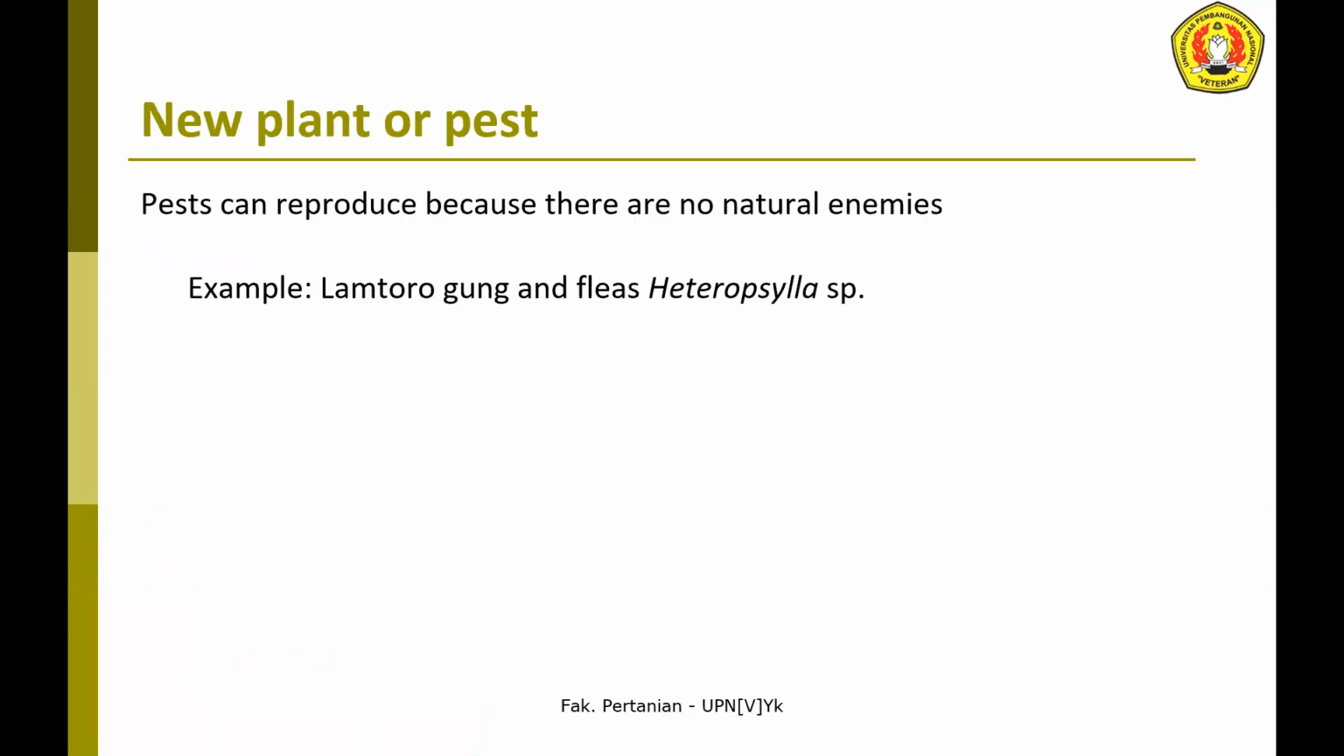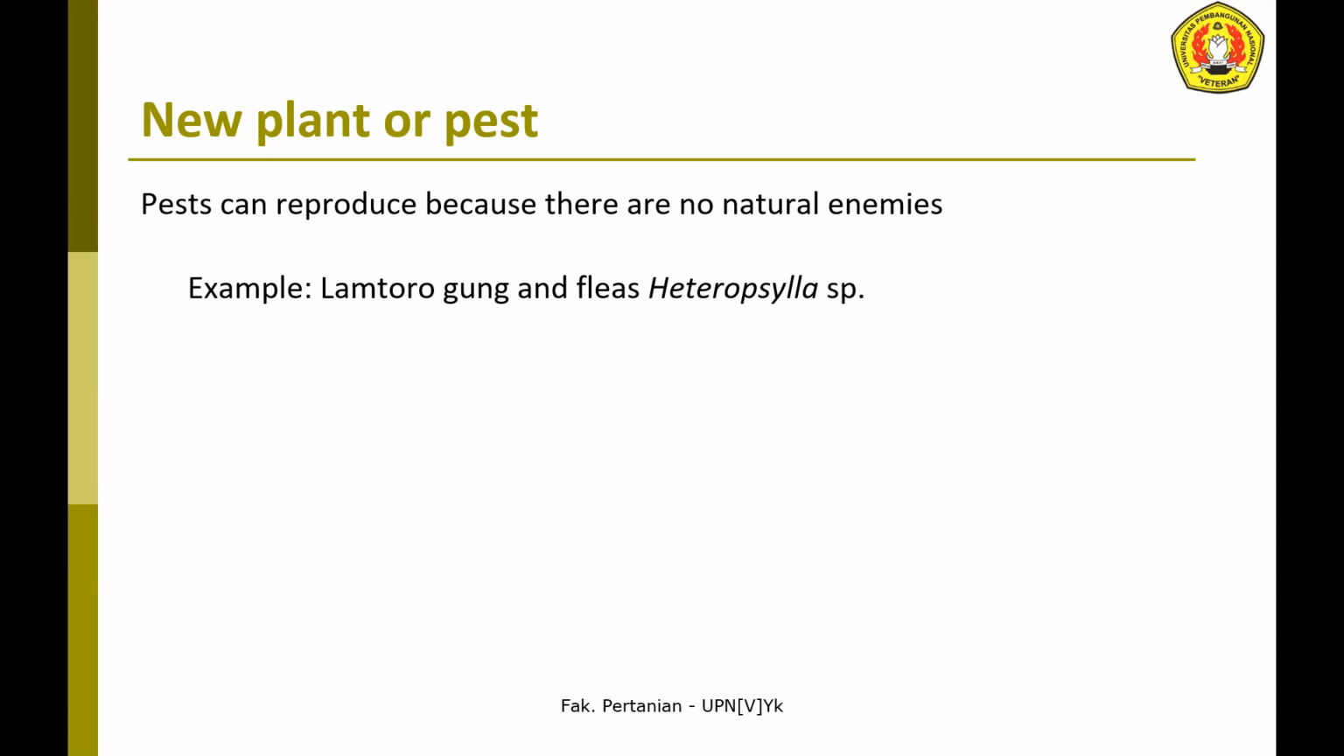New plant or pest, in an area actually there is an equilibrium line, garis keseimbangan dalam ekosistem. Jadi ada pemangsa, ada yang dimangsa. Ada tanaman, ada yang memangsa tanaman namanya pest, tapi ada juga yang memangsa pest. Sehingga populasi hama tidak akan melebihi batas dan kerusakan pada tanaman juga tidak akan melebihi batas karena ada yang